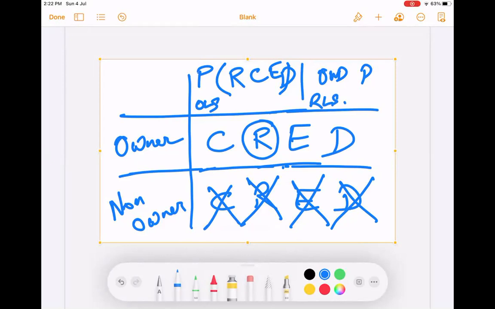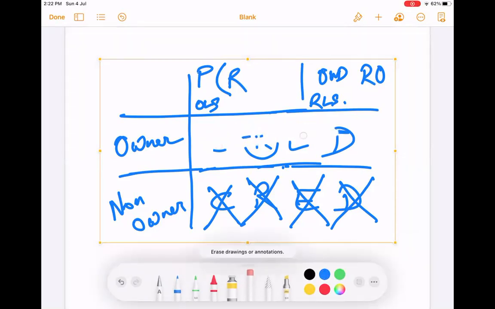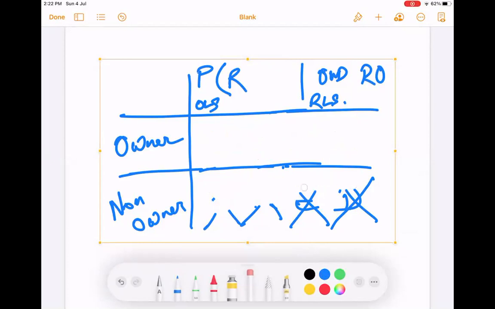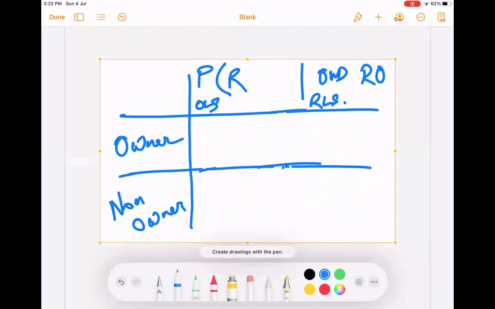Okay, now again, let's modify. Now OWD is set to public read only. What happens now? Now non-owners can read. Non-owners can read.